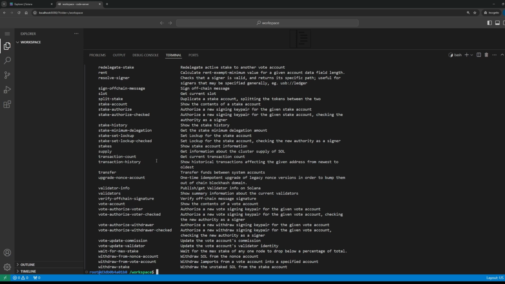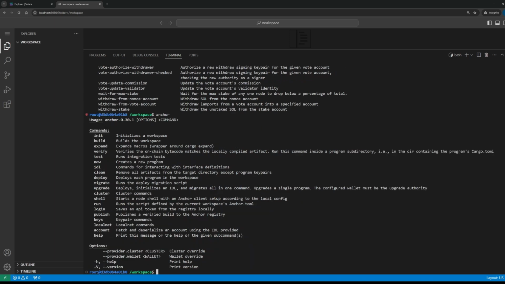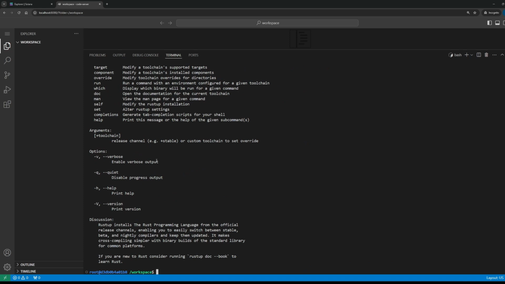And then, as I said, we have installed Anchor, which will also provide a help message. And if I type, for example, rustc, or sorry, rustup in this case, you can see we have also installed Rust.